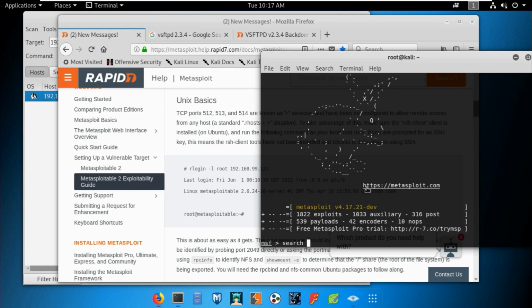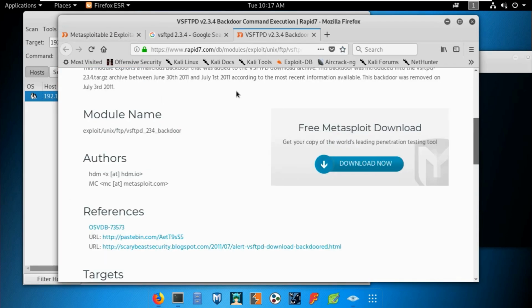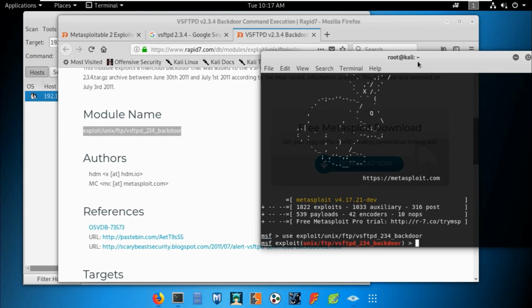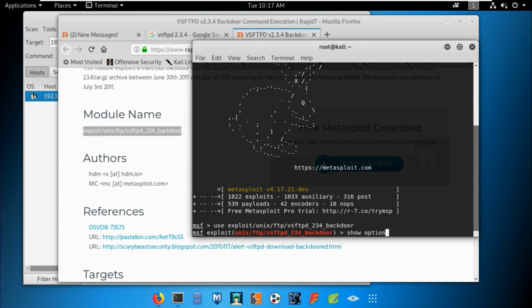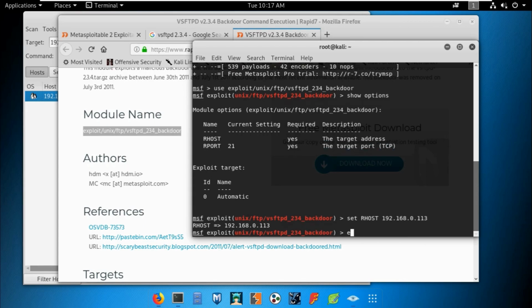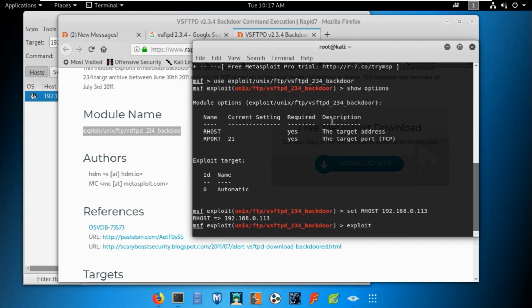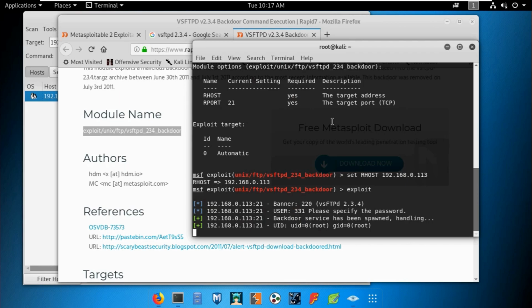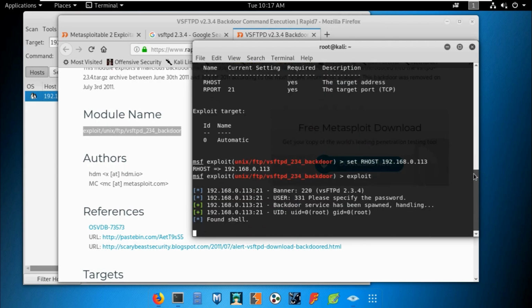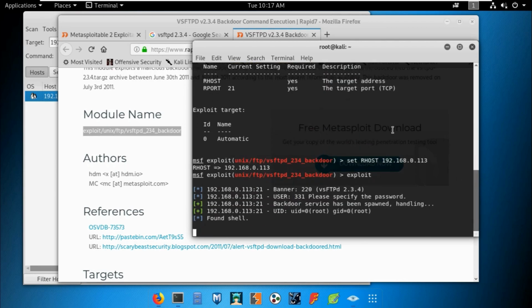Let's search for what we copied. We copied this module, which is the available exploit. Use it and hit enter. Now we are going to check the options. What options are available? Set RHOST 192.168.0.113, and you can simply exploit this vulnerability. If you use the same thing over a WAN, wide area network, to attack someone's web application not within a network, you need to specify their IP and the reverse port.